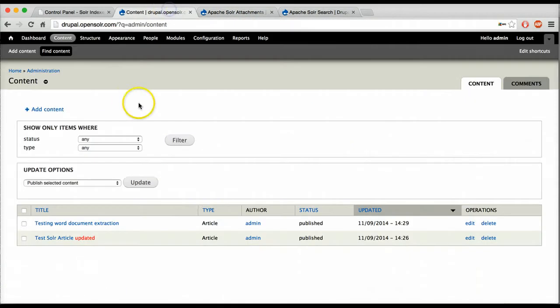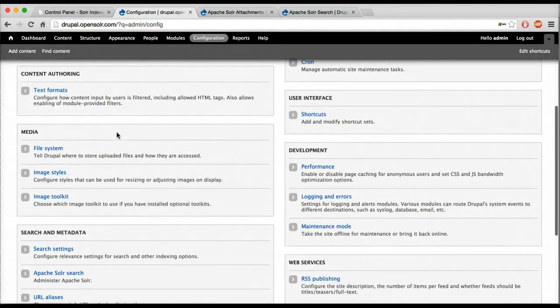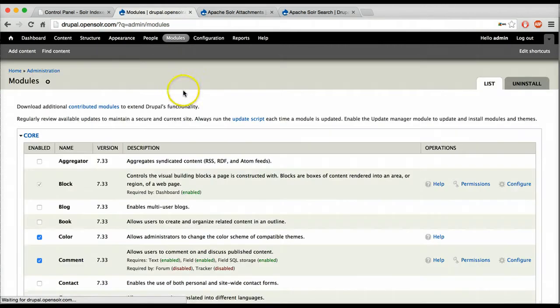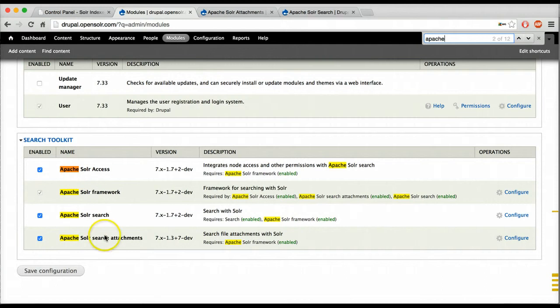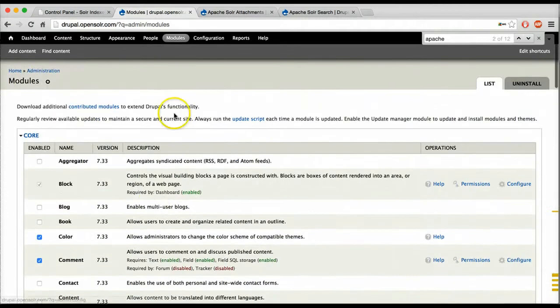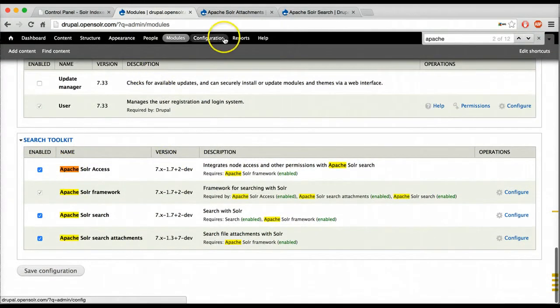Okay, so basically right now we have our Drupal setup. This is just, like I said, a normal Drupal setup. And when I go to the configuration, first of all, what I have to do is, well, basically in the modules, I'm going to have to enable all of these modules in the search toolkit, the Apache Solr Access Framework Search and the attachments, right? This is the attachments module that is dependent on the Solr Access, the Solr framework, actually. All right, so now that I have all of these modules enabled here, all I have to do is just